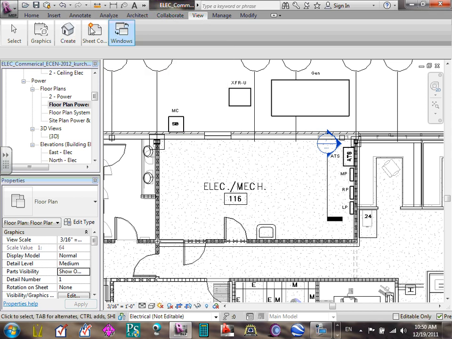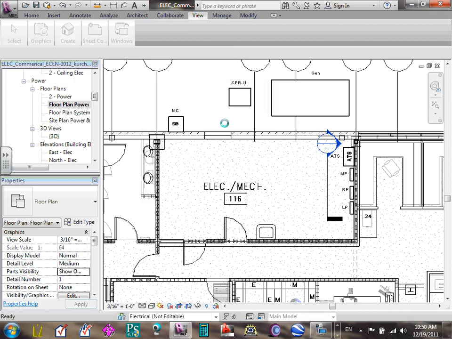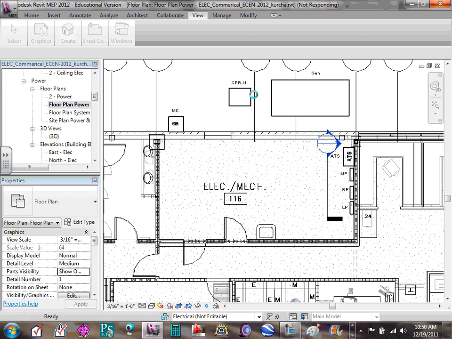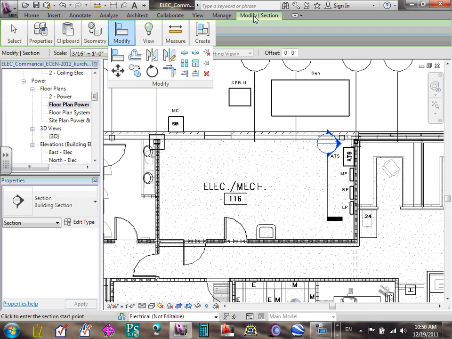I need one more section. View, create section. I need to synchronize. Yeah, synchronize, Chad, I know. Synchronize with central. Do you guys get synchronized? I hope so. Right? You get synchronized with central? Or are you working on your desktop? But please, comment number 1 is always open the central file on the network. Do you guys get synchronized with central when you're opening it? No? Once in a while? Oh, okay, because you keep synchronizing. All right, so